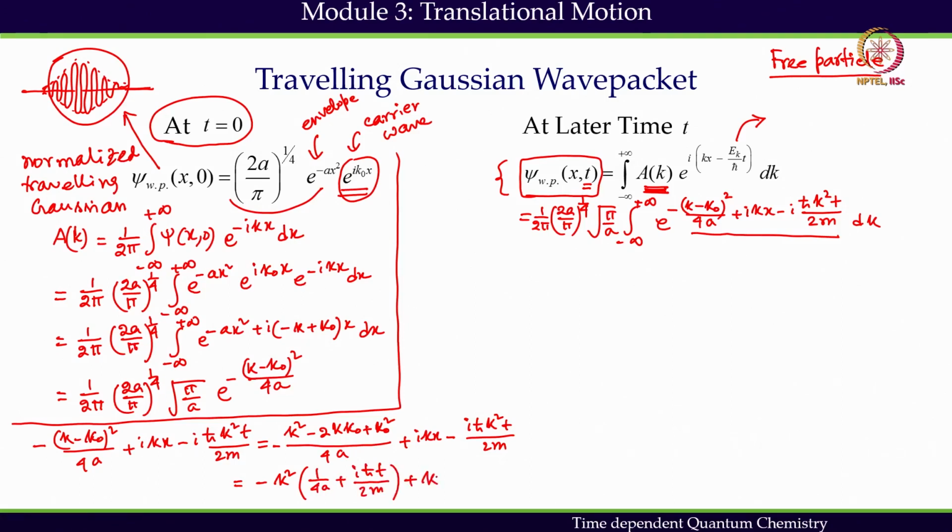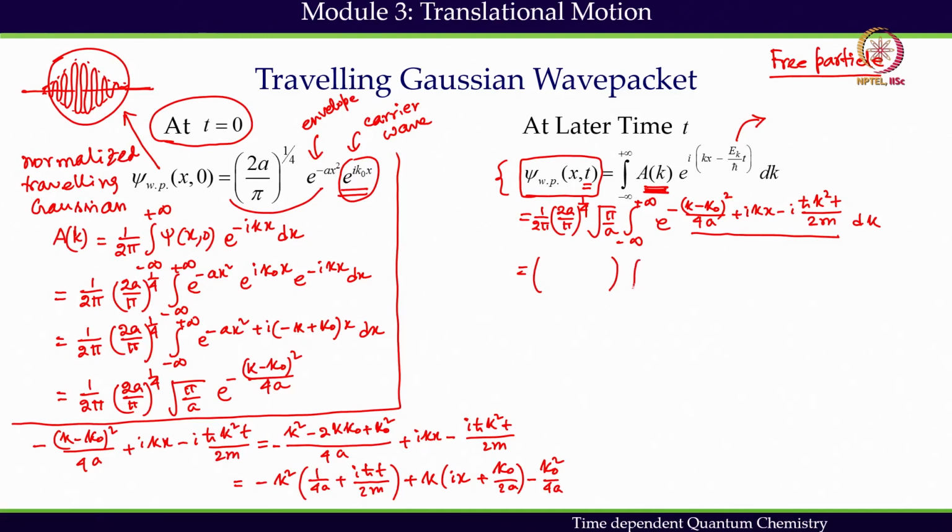This is just tedious mathematical derivation, that's all. There is nothing very complicated here. Plus k times (ix plus k naught by 2a) minus i h cut k naught by 2m, minus k naught square by 4a. So this can be used in this exponentiation, and if we do that, then I have all these constant parts,